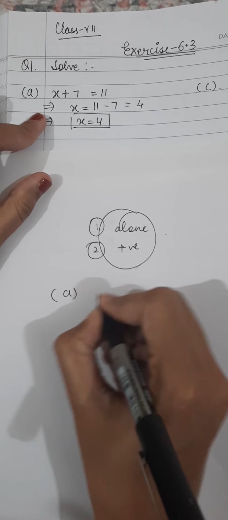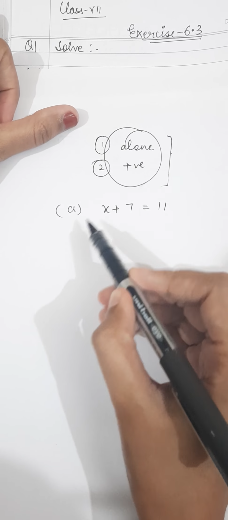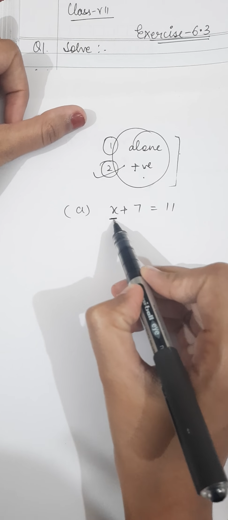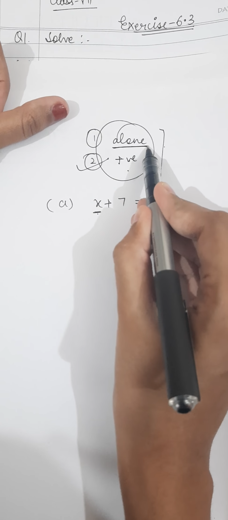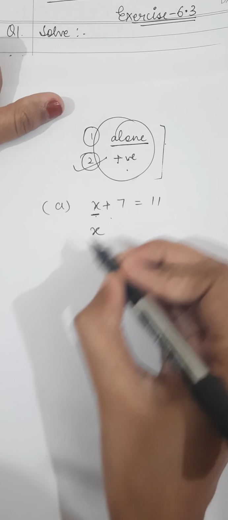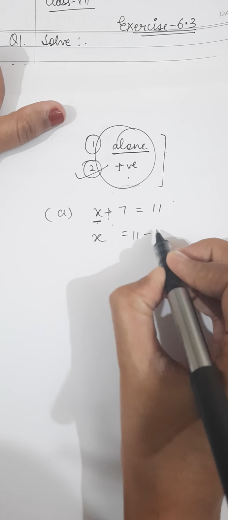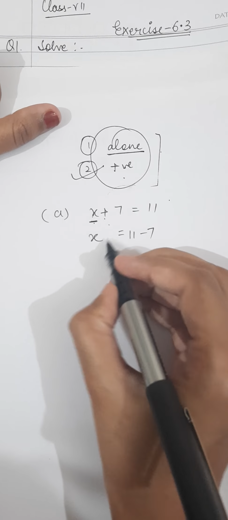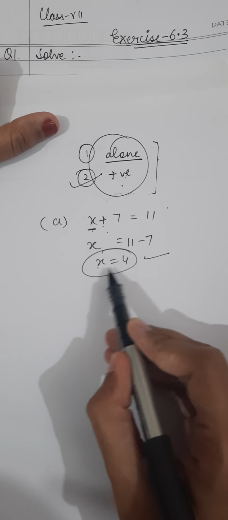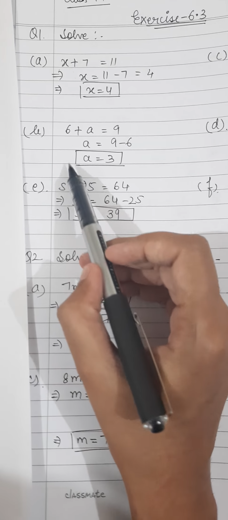In the first question, x plus 7 is equals to 11. Now firstly, out of these two we can see that this x is positive, so yes, the second condition is satisfying. Now the first is it has to be alone, but this is not alone because it is having plus 7. So to make it alone, when I take plus 7 to the other side, it is going to change to minus: 11 minus 7, so the value will become 4. So now you can see alone also and positive also, the value of x is going to be 4. Similarly, let's take the next one.